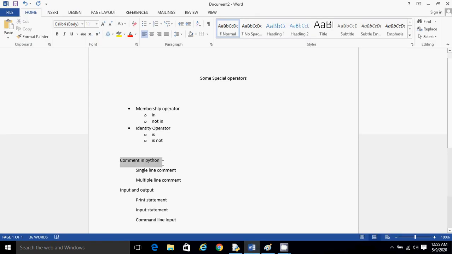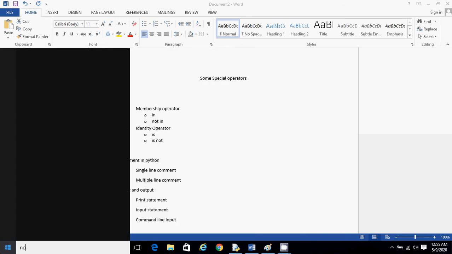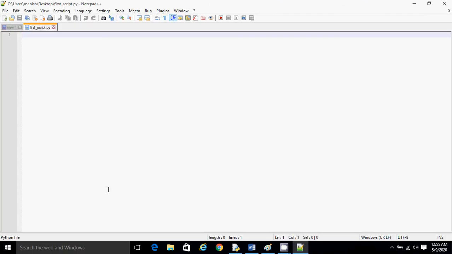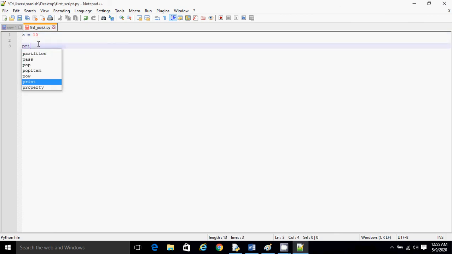Let's talk about the next one, which is comments in Python. How to write a comment in Python. We'll see how to write a single line comment and a multiple line comment. I will take Notepad++ and describe it here. First let's see how we can run a program. Let's declare a equal to 10 and print a.